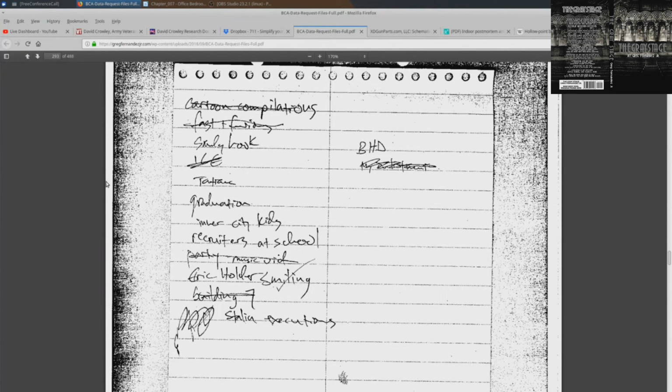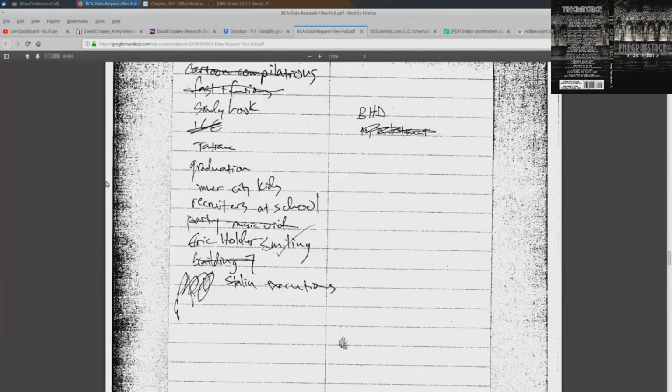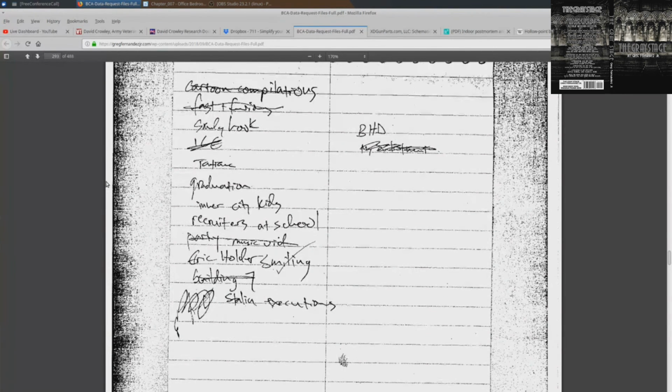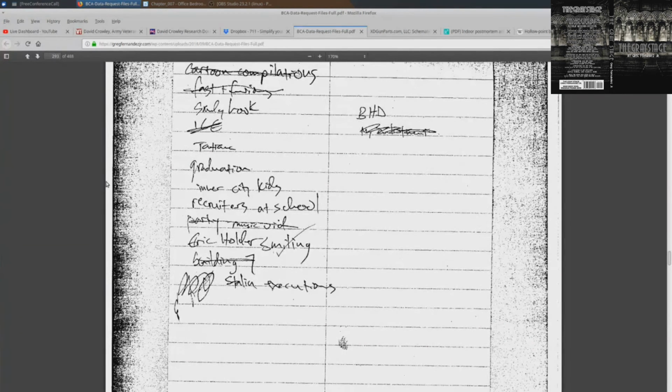Let's see. Number 4 is ICE. So I think we all know what ICE is at this point, and the immigration problem in California and in Minnesota, I think, are very similar. Not legal immigration. I'm not talking about anything legal either. This other one underneath ICE, first I thought this was the Titanic. I don't think that's right. It's like Tatiana or something.